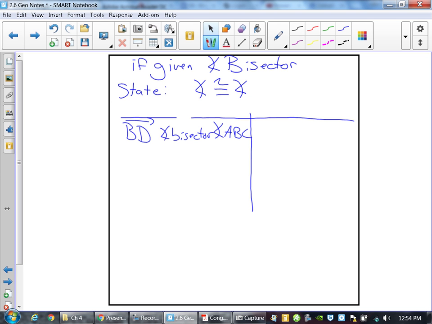Let's say that's given to us. Again, I'm just using very generic terms, very generic write-ups. Not every angle bisector you guys see is going to be BD. It could be XY, it could be WR, doesn't matter. Okay? But the idea here is that it's just some generic write-up. So if that's given to you,